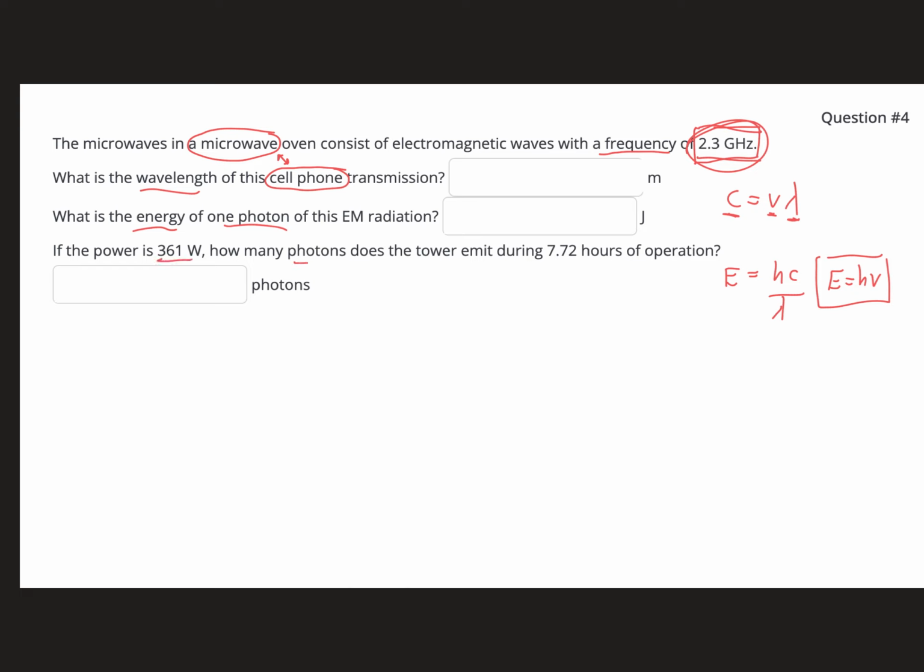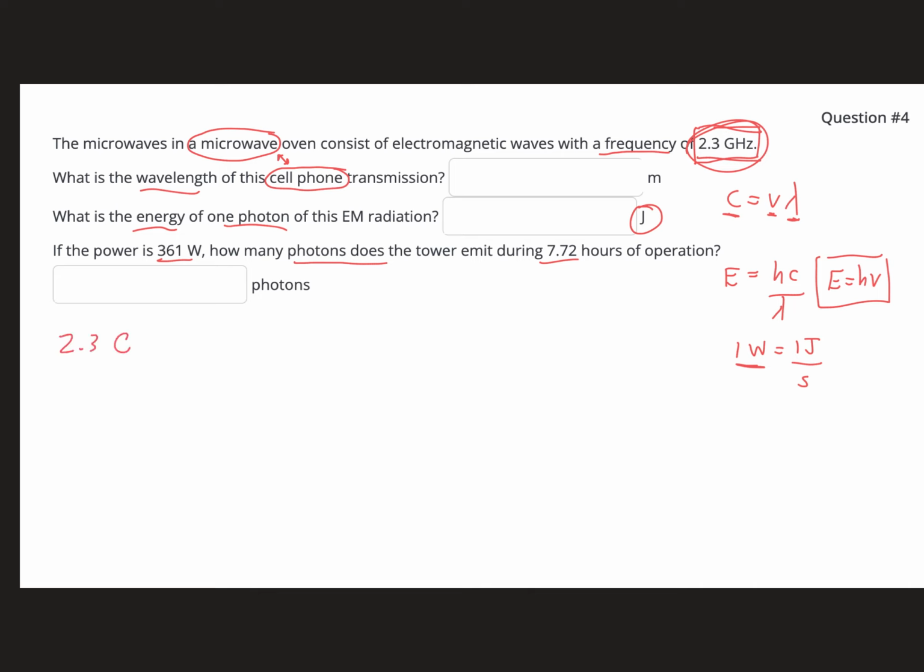They want to know how many photons this releases in 7.72 hours. To do that, we need to know one more thing that they don't tell us: 1 watt equals 1 joule per second. So once we find the total energy per 1 photon, how many joules there are, we can convert watts into joules per second and then ask how many photons per second we need to come up with that energy. So first step first, we've got